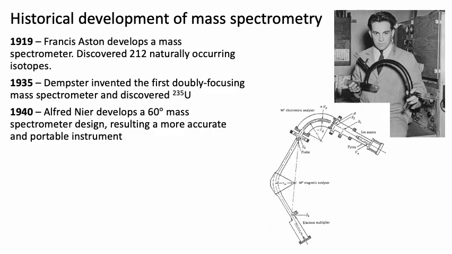And then the final important development in terms of making mass spectrometers that look like the ones we use today was in 1940, when Alfred Nier, pictured here with one of his mass spectrometer tubes, designed, rather than a half circle, a 60-degree turn in the magnetic field, or a 45-degree turn. This allowed for more accurate and more portable instruments